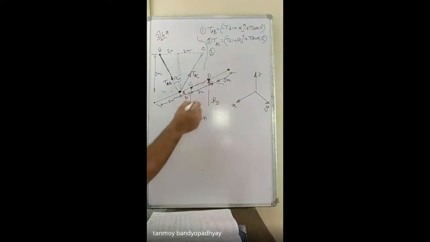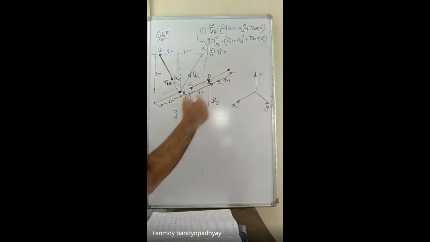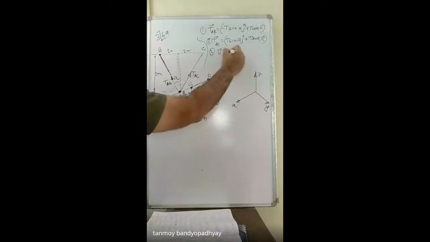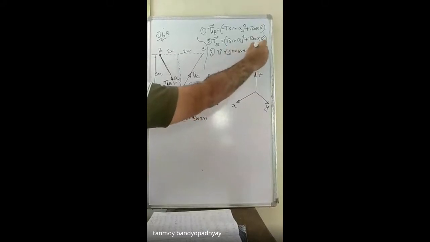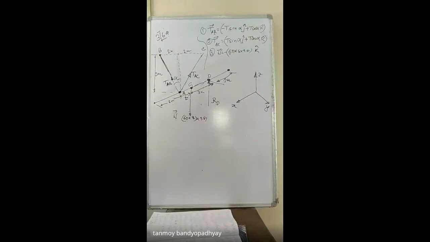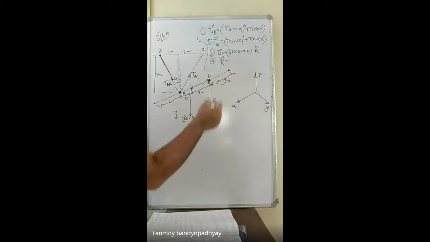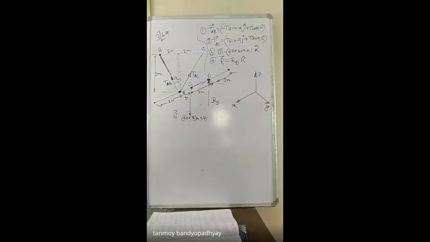What is the third force? The third force is the weight of the body. So the weight vector W should be equal to what? Let this be some value, like 60 into 8 into 9.81 into k cap. It's downward, so it should be negative. So that is equal to minus this k cap. And what is the fourth force? This is the RT vector. It's in the upward direction, so if the magnitude is RT, it should be RT into k cap. So these are the four forces acting on this 3D system.